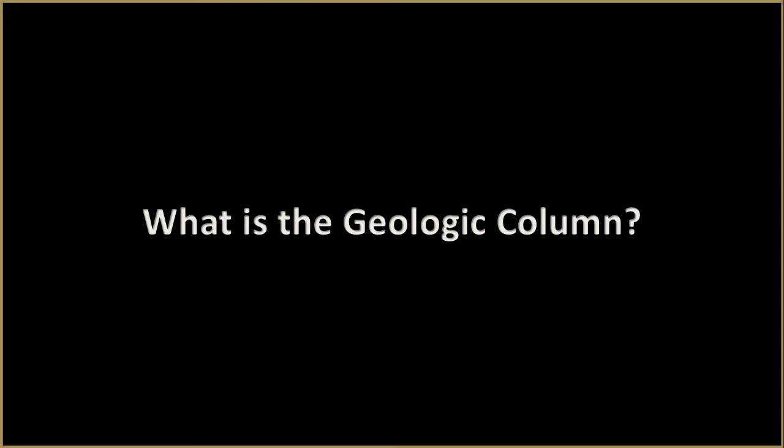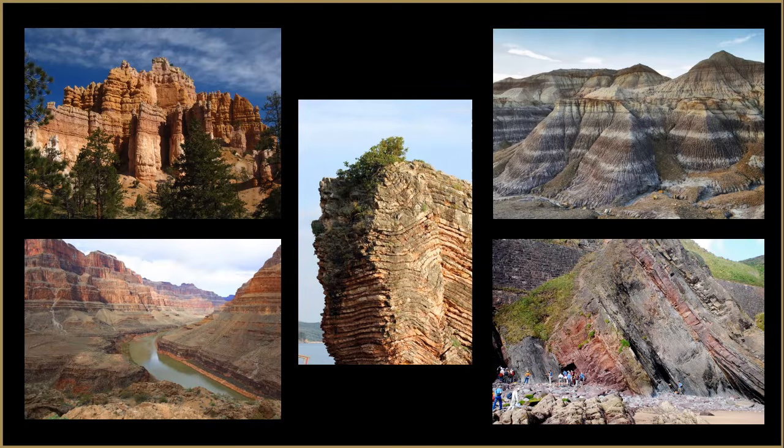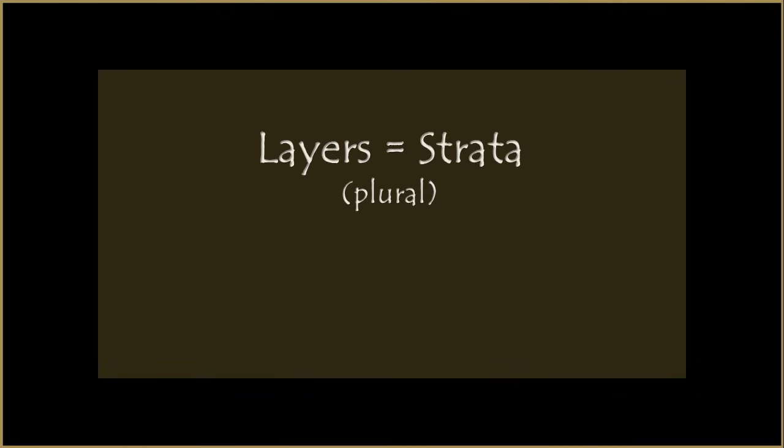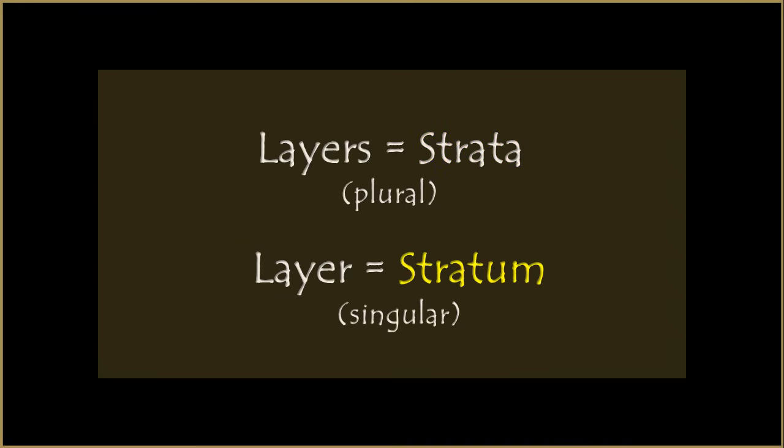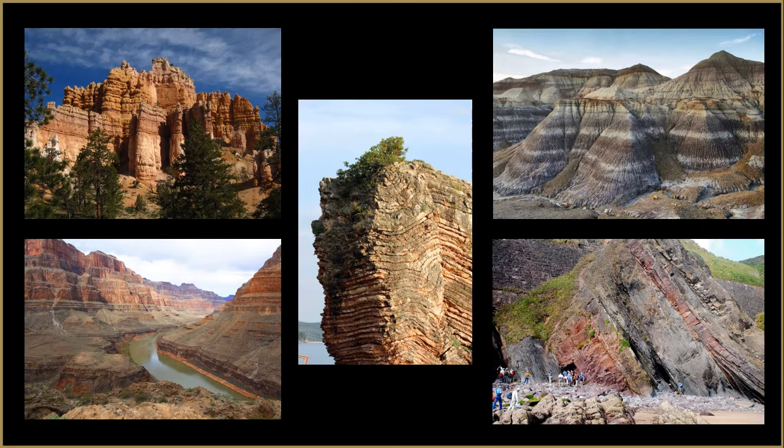So, what exactly is the geologic column? The geologic column refers to layers of rock all over the world. Another word for the layers is strata. The singular form is stratum. Much of the geologic column is buried underground, but there are places where parts of it lie exposed for us